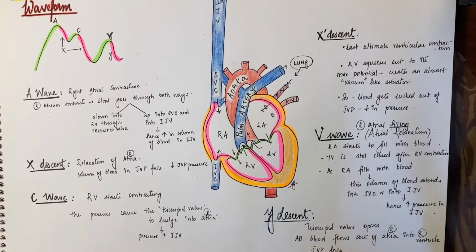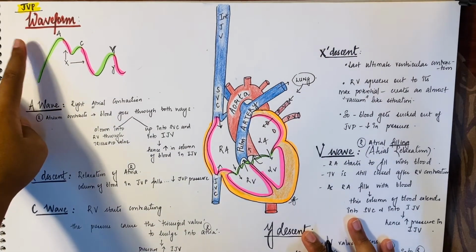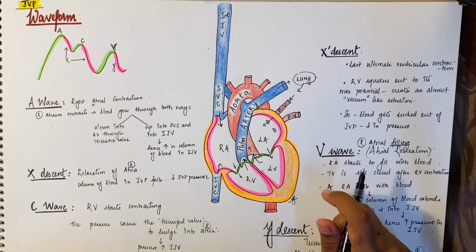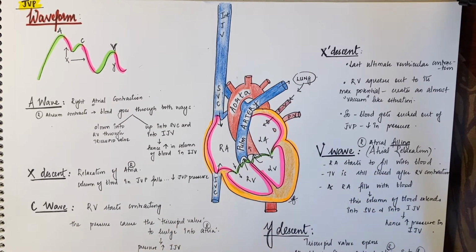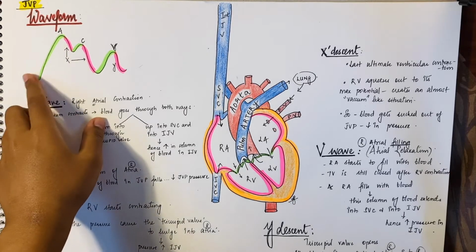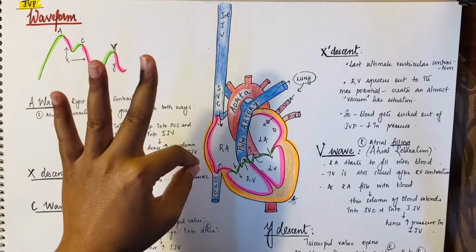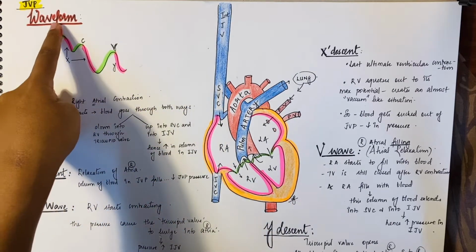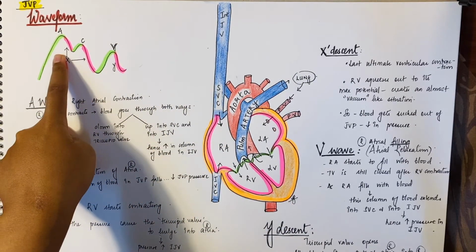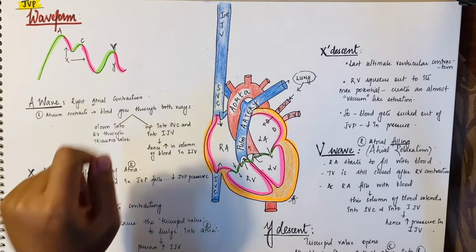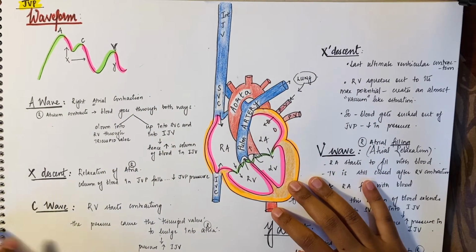Coming to the jugular venous pressure waveform, this was a nightmare for me when I was in medical school, but I think this requires a lot of practice. It's obviously very volatile, but with repeated practice it will become easier. There are basically three parts: three upstrokes and three downstrokes. The upstrokes are the A, C, and V waves, and then we have an X descent, another X descent, and a Y descent. So let's start with the functioning of a normal heart.